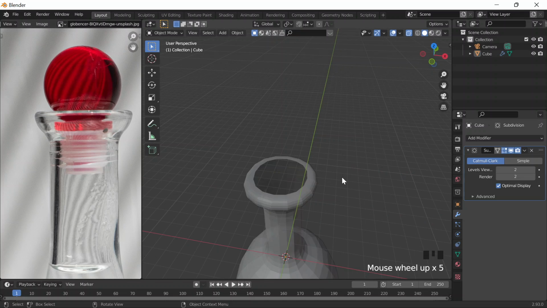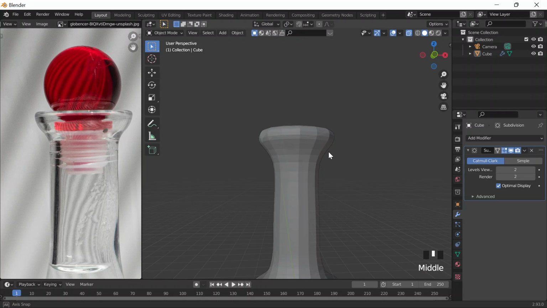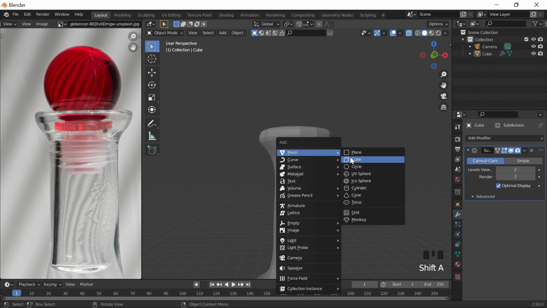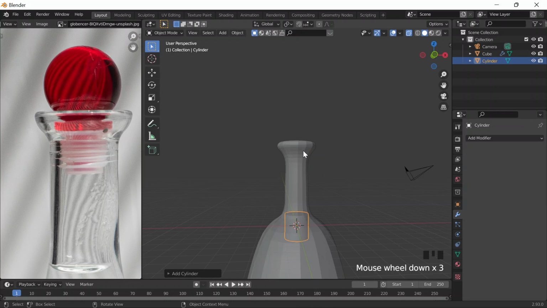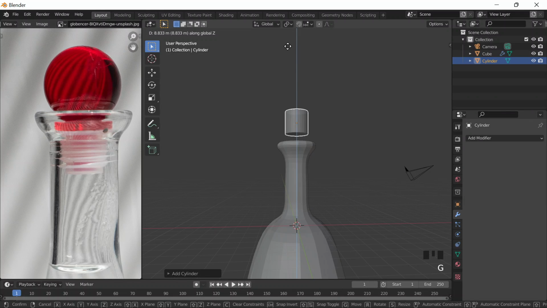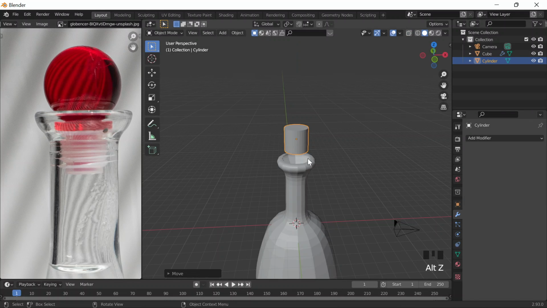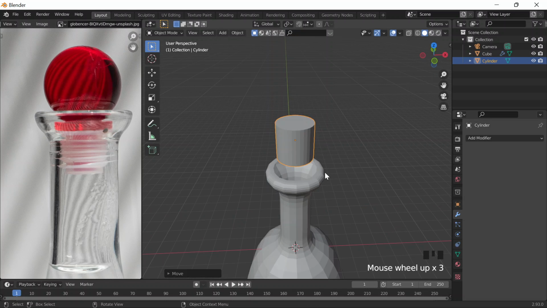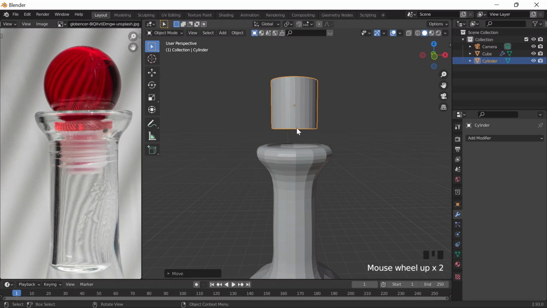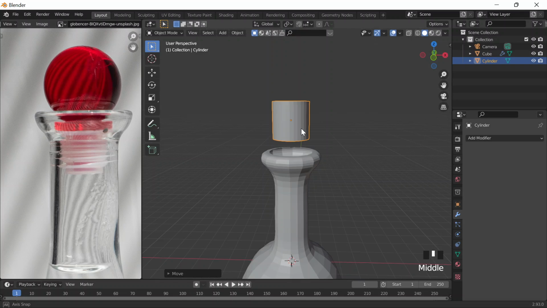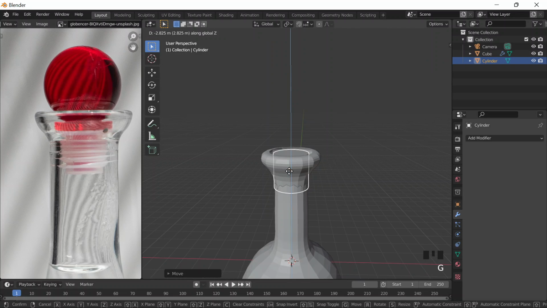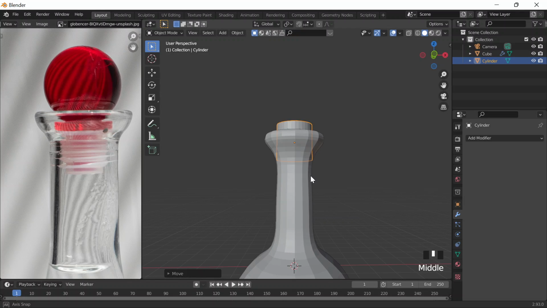So I'll basically do, let's say, kind of like a cylinder. So I'll do Shift A and I'll do like a cylinder. I'll bring it up by doing G Z. I'll turn off Alt C so you can kind of see the shape. Okay, let's see. So kind of have it the same shape as this. If I could just bring it down on the Z, kind of like this, something like that, right? Because then it goes, okay. And then